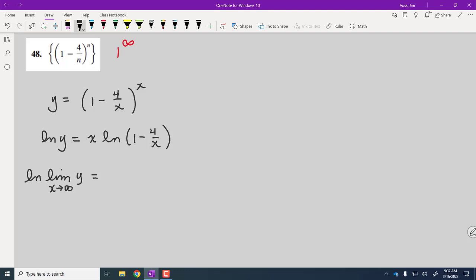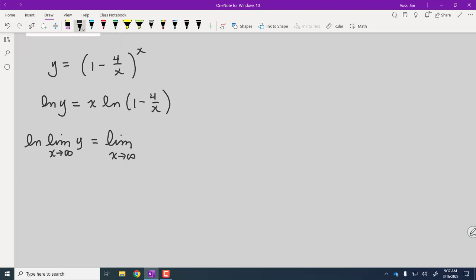We want to create a L'Hopital scenario. So we're going to need to manipulate the right-hand side so that we have infinity over infinity or 0 over 0. Like if you glance at it ahead of time, you see that this is going to be infinity times 0. And anytime you have that indeterminate form, you just push one of the functions into the denominator to create an infinity over infinity or a 0 over 0. It doesn't matter which one. What we will do is, in our case,